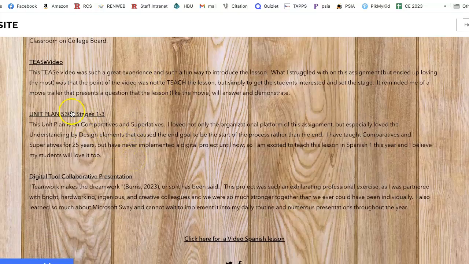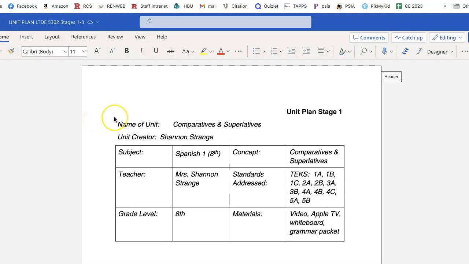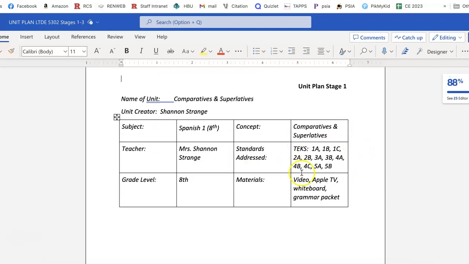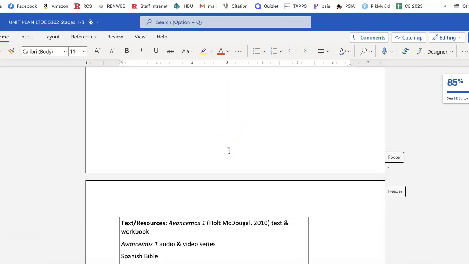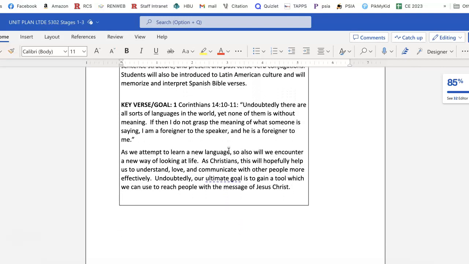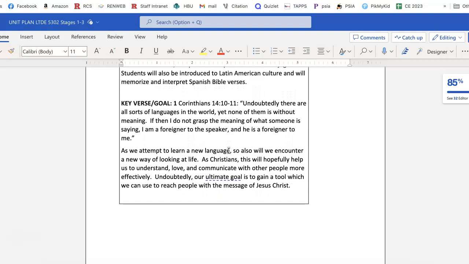Next, moving on to my unit plan, which was, like I said, over comparatives and superlatives. It was a 4-week plan. Here are my TEKs, including the formulas to create comparatives and superlatives, starting with the teaser video, working into tangible items that we are going to use for shorter, smaller, funnier packets of grammar review, quizzes, and finally a group project where the students are going to use Google Slides, which I just demonstrated, to showcase all kinds of things in nature, in stores, in the classroom, comparing and contrasting them using comparatives and superlatives.